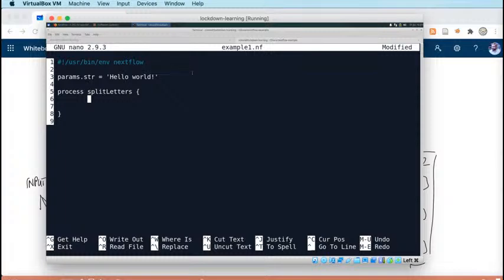In the case of this particular process, we don't have any input because the input is going to come from outside the process. It's going to be this parameter here. But we can define some output. And again, don't worry too much about the contents of this at the moment. What this is saying is any file which matches this wildcard forms part of the output of this process. Okay, so that's our output. Then we have our script,